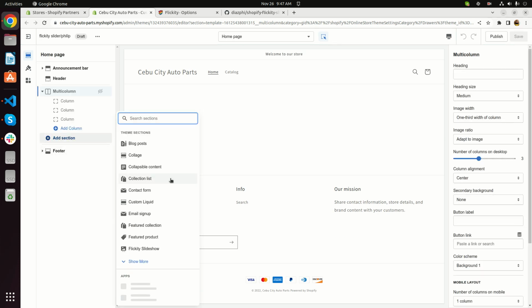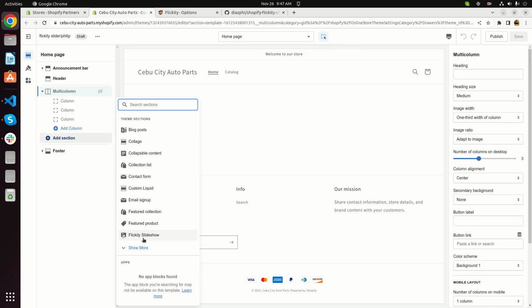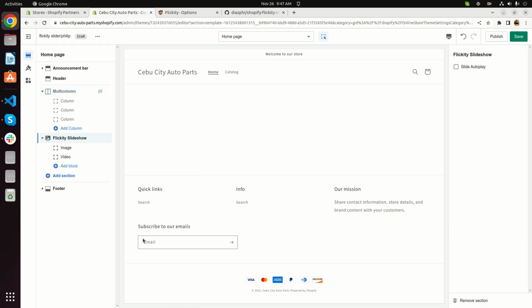Add section. Here, the Flickity slideshow. If you see, we have image and video pre-added when you add the Flickity sections. We also have the slide autoplay here. I'm going to save that first,